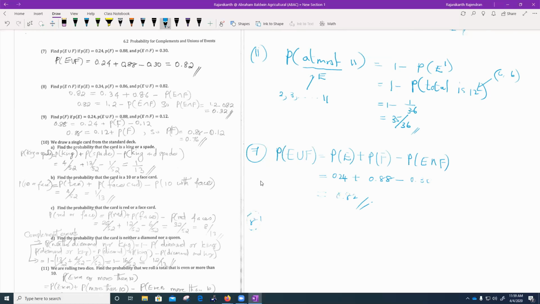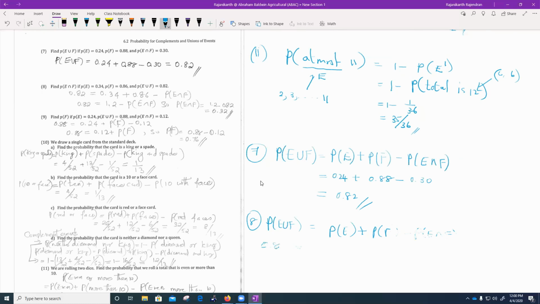Number 8, find the probability of, now E intersection F is the question, but anyway, I'm using the same formula again. Okay, so now the question is this one, which we don't know, but we know the union probability, it is given. Simply plugging in the values, whatever you have. So this is 0.82,